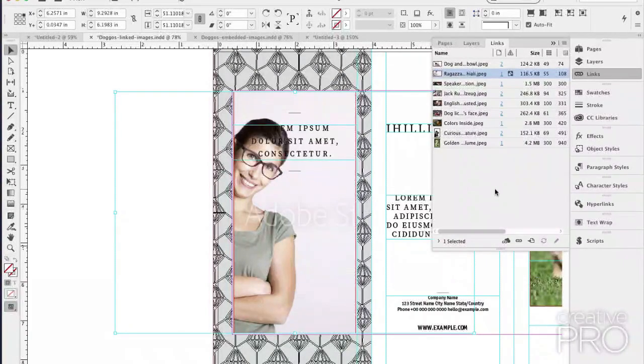So if I sent this to you, and I didn't send you any of the original files, you would get alerts from InDesign saying that you're missing a link, and you could still print or export to PDF, but it would give you a low-res preview because it didn't have original data to send, except for this image. This image is embedded in the document, so it has the full-res data. And that is why this client was doing that, so they didn't have to worry about always gathering all these links. If you want to embed a link, you place it normally.